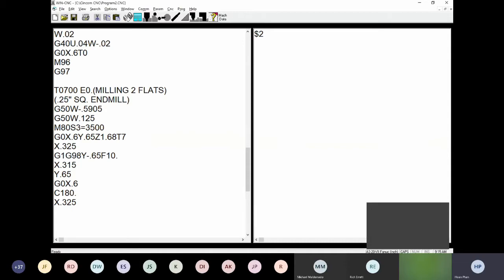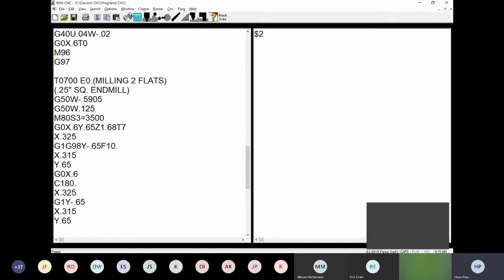X.325, and then G1, and then Y minus 0.65. The feed rate is still active up here. As long as we don't change the feed rate, we don't need to command the feed rate again. And then go down X 0.315, and then go back to 0.650. And after we're done, we can go G0,